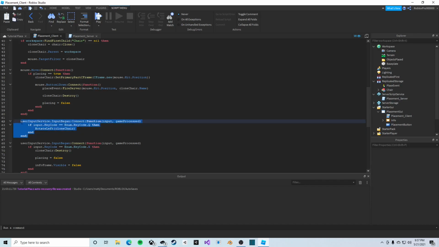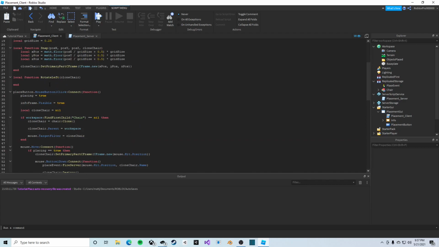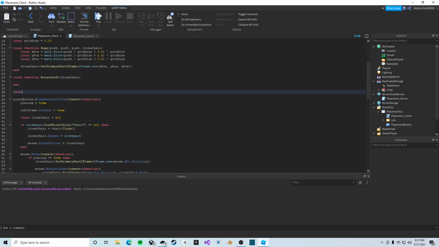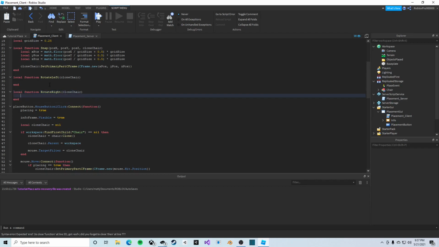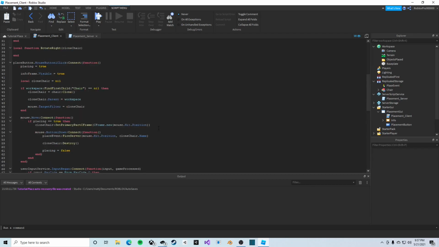Then we'll just copy and paste this, make a function for rotating right, so local function rotate right, clone chair, and then we'll make it if we press E that triggers. And so what we'll do here